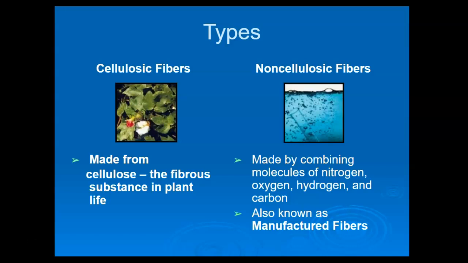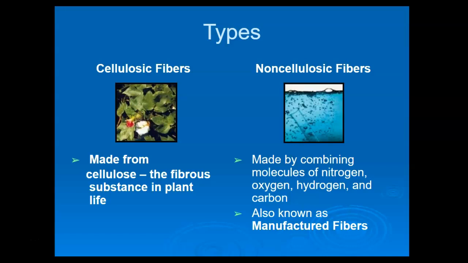So what they do is they basically take the wood pulp from a variety of different stalks and plants, and they will mix it with a chemical or different molecules of nitrogen, hydrogen, oxygen, and carbon, and create